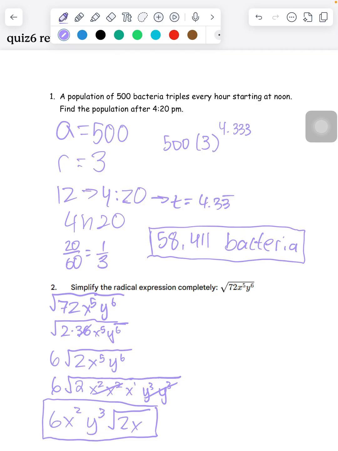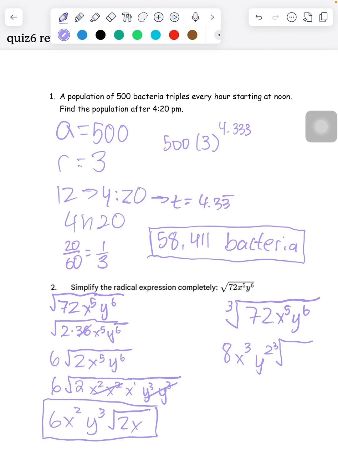So if you want to take a second, pause the video, try to see what would be the cube root of 72 x to the 5 y to the 6. You want to take a second, pause, and I'll give you the answer, right? Okay, so if you're back here, so it's going to be 8 x to the 3, all right, y squared,